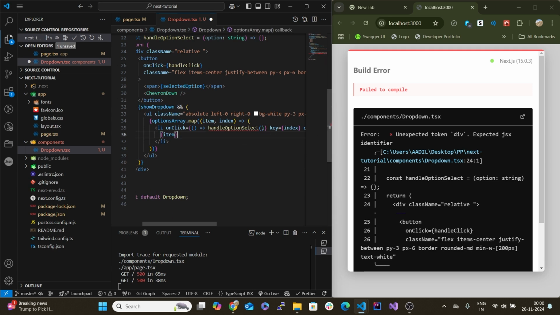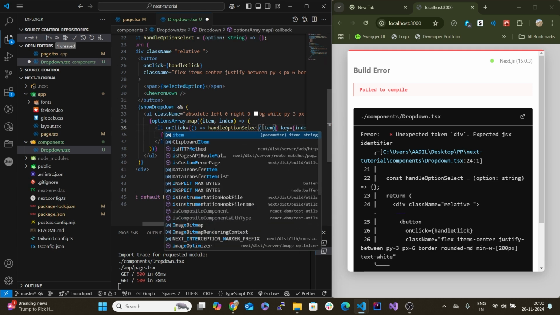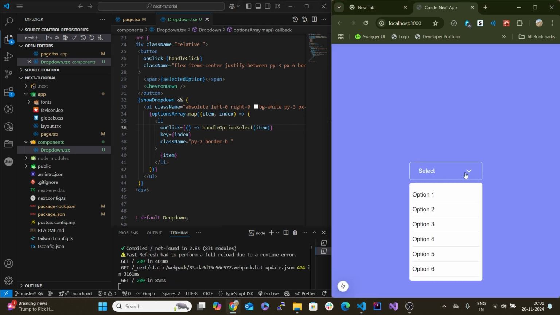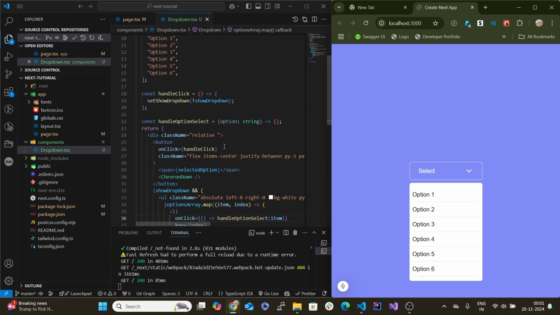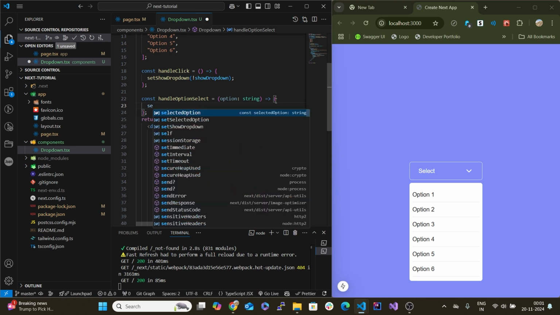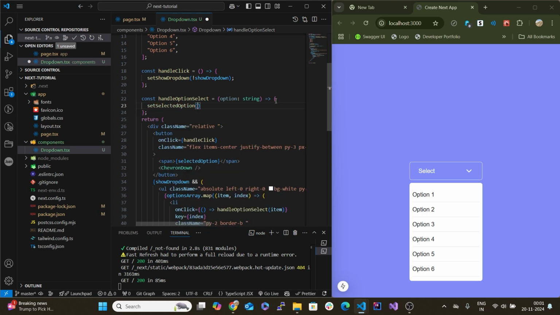Let me save this, let me show it again. So if I click on this option, this is my current item. The map function has rendered these, and this is the item. If I click on this, it'll call this handle option select with the item that I'm currently clicking on. So this function will take this option, and inside this handle option select, we are going to set selected option to the item that we're getting from the click,